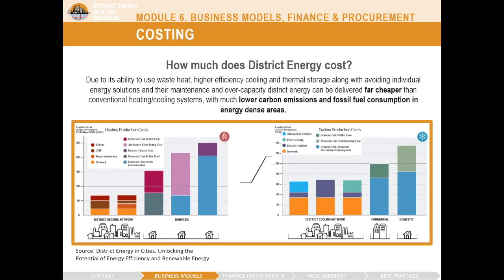Costing. How much does district energy cost? Due to its ability to use waste heat, such as from power plants, higher efficiency cooling, and thermal storage, along with avoiding individual energy solutions such as gas boilers, air conditioning, gas networks, and their maintenance and overcapacity, district energy can be delivered far cheaper than conventional heating or cooling systems with much lower carbon emissions and fossil fuel consumption